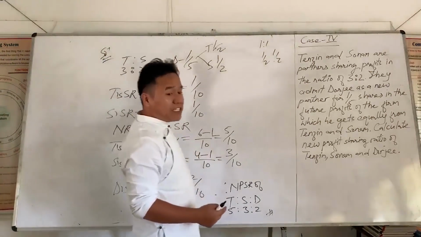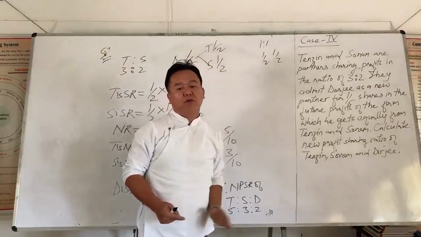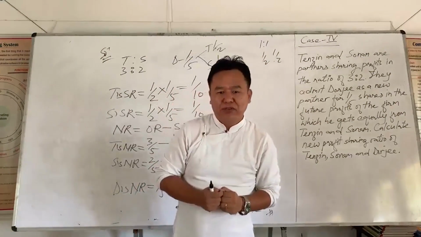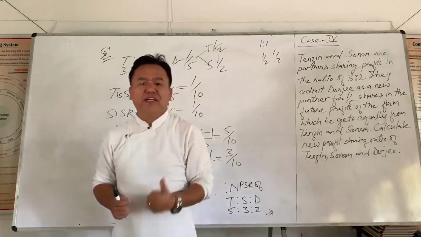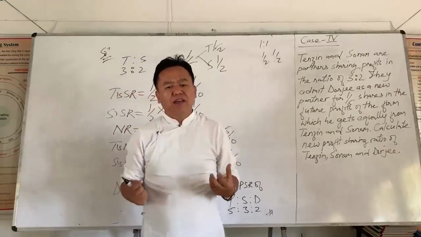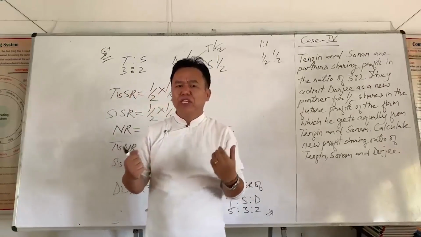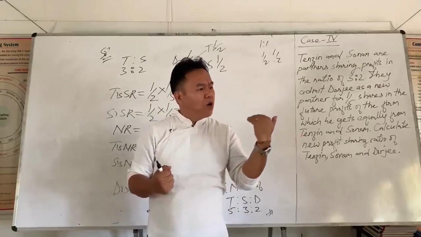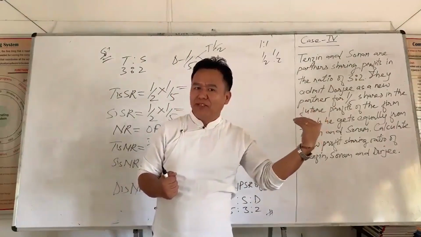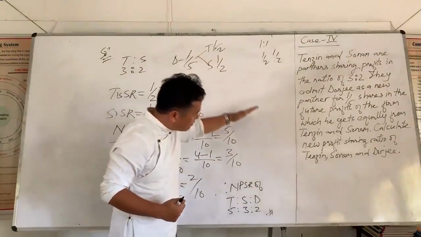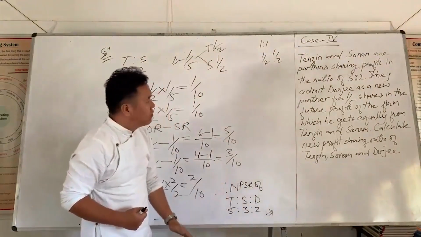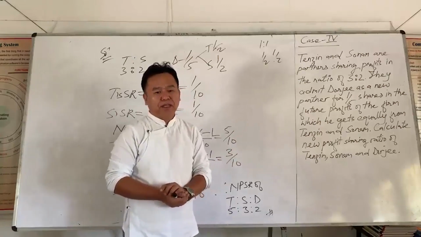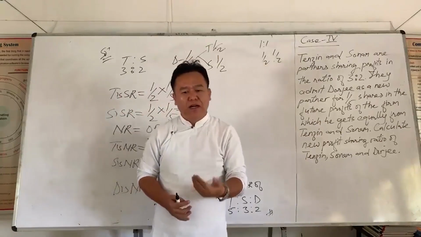Now, from case number 2 to case number 4, the first thing is to calculate the sacrificing ratio. After getting the sacrificing ratio, we need to apply the formula of new ratio. So what is new ratio? New ratio is equal to old ratio minus sacrificing ratio. And the remaining procedures for all these three cases are the same. Is that clear for you?